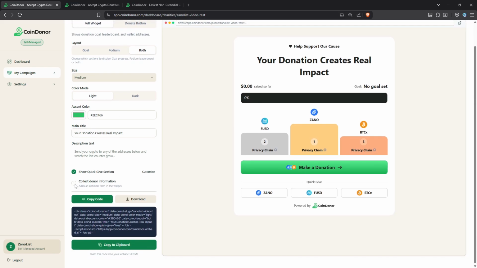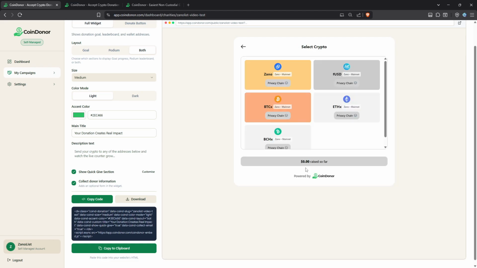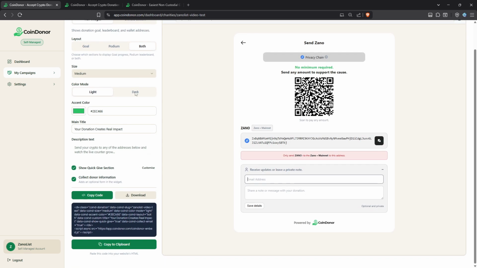Then what I can do is collect the donor information as well. This basically adds a form when you make a donation. If I go like here, you can also add a private note, an email address, and a note to the donor. Then what I need to do is copy the code here or download it. I can copy the clipboard or download it here, and then I can embed it on my website to